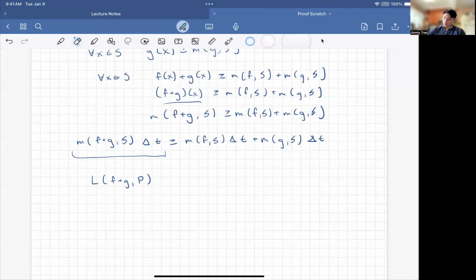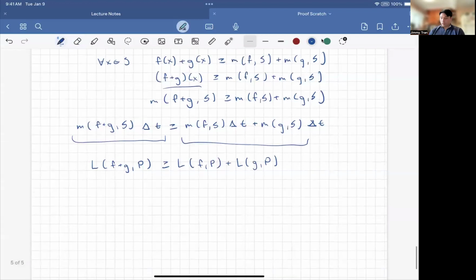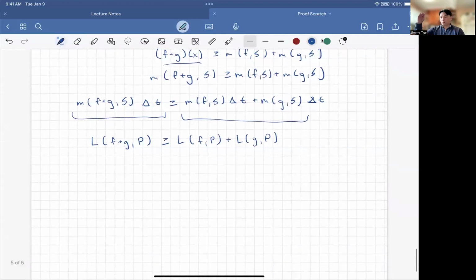And we can also say for this right-hand side as well, greater than or equal to the lower Darboux sum of f over P plus the lower Darboux sum of g over P as well. And so going from the previous step to the next step, we are simply defining how the lower Darboux sum works when we have these infimums times the interval size of s here.